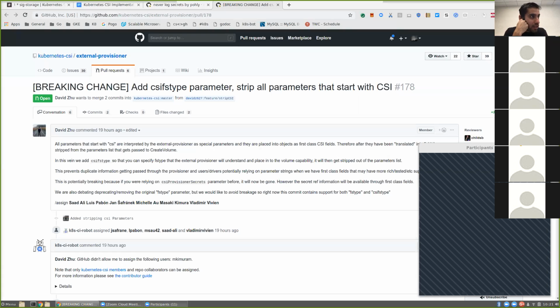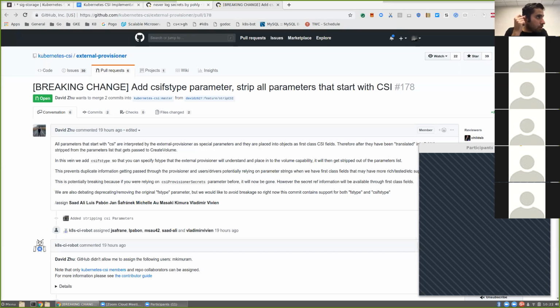And then whatever the name is, anything that is prefixed with that will necessarily be consumed by the provisioner and will be stripped out and will not be passed through to the driver. The existing first class fields that we have, which include FS type and the CSI secret parameters, we will continue to allow them.